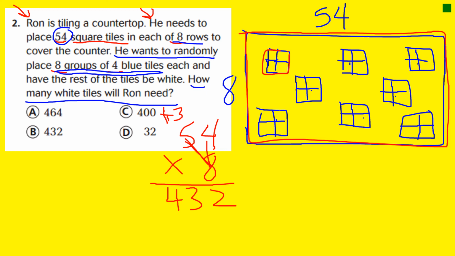But now, guys, we are going to go in and see how many are blue, because we're going to take those out of the total, because the